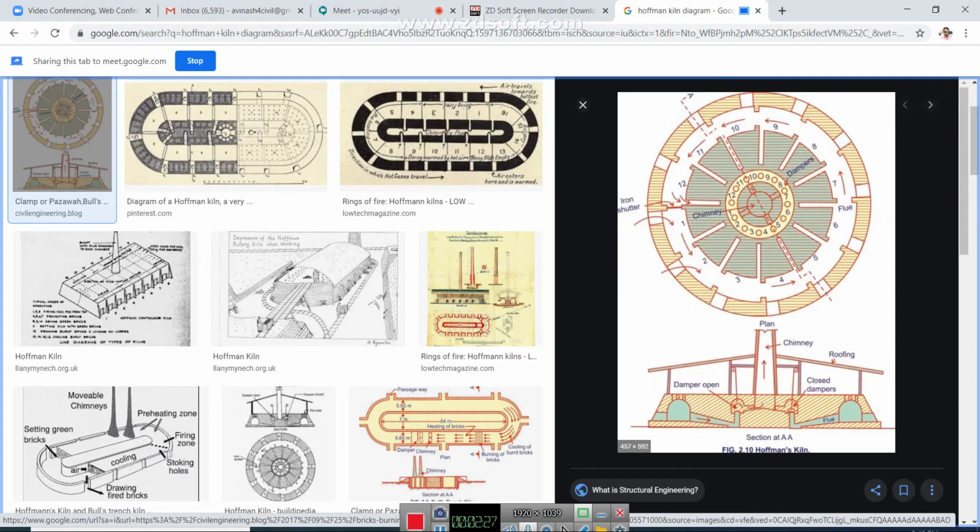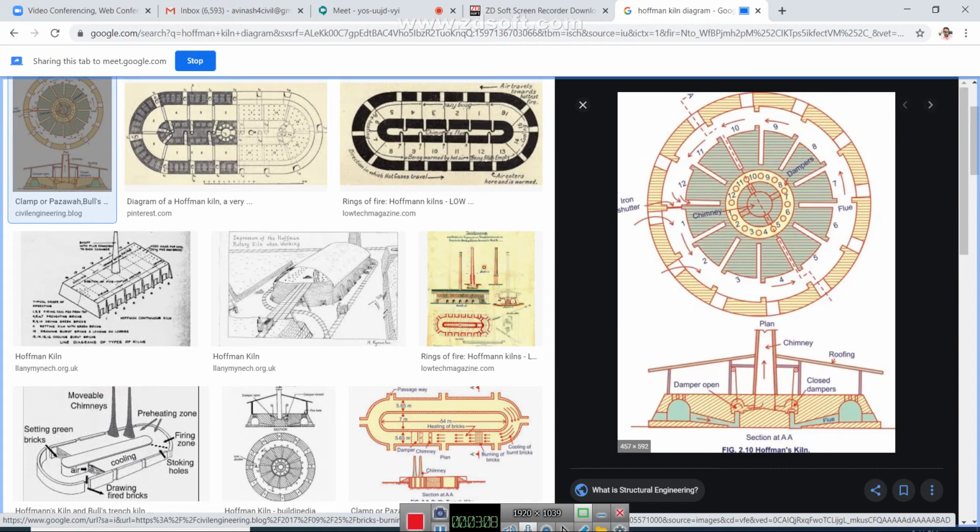Now just observe this diagram. The diagram shows the plan and section. There are different main doors. There will be certain main doors, that is one part, and there will be certain communicating doors. The function of communicating doors is to act as flues. And then there will be a fuel hole through which you will be inserting the fuel, and it is connected with the central chimney. This one is the central chimney. It is more clear in the sectional view. Connected with the central chimney, you will also have some radial flues. So these are the main parts.